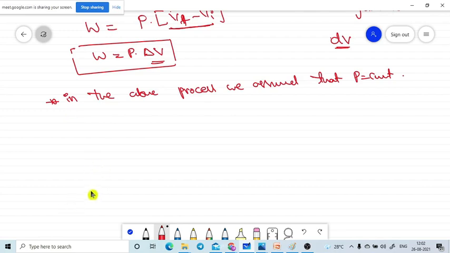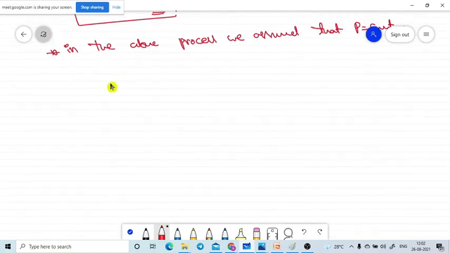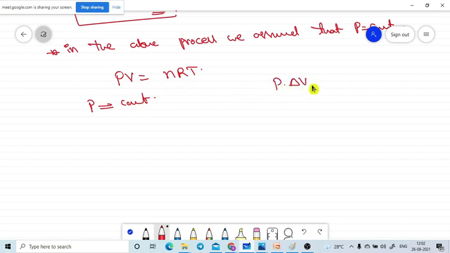We already know the ideal gas equation we used above: PV is equal to nRT. Let's assume I am taking P as a constant term. Now can you tell me what is the work done here? Work done is nothing but P into delta V, which we needed. So we need to do the partial derivation of this one, where P is constant and T is varying.